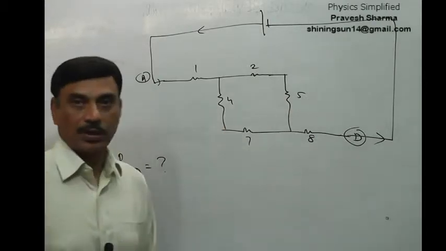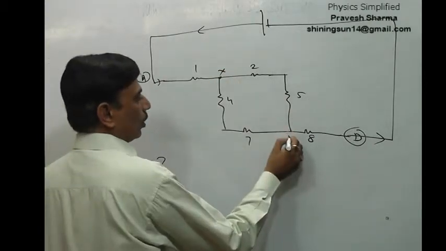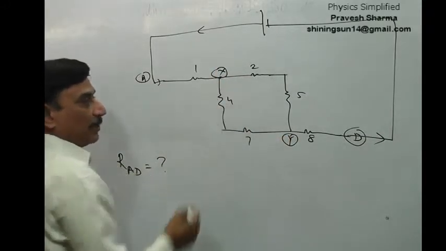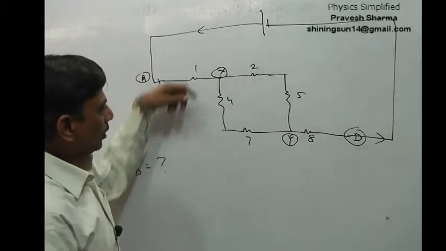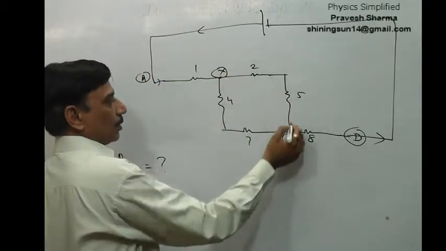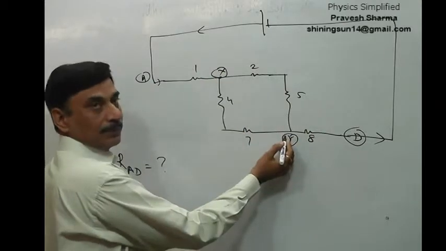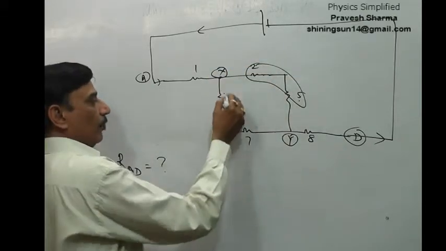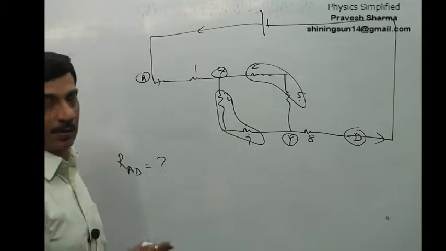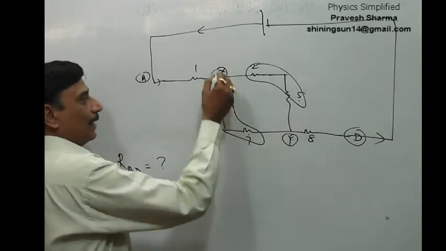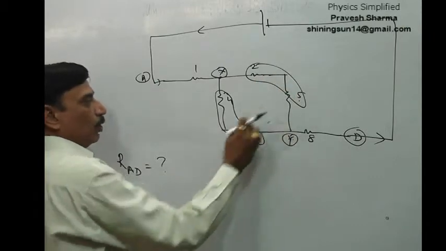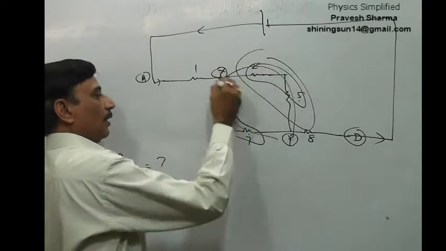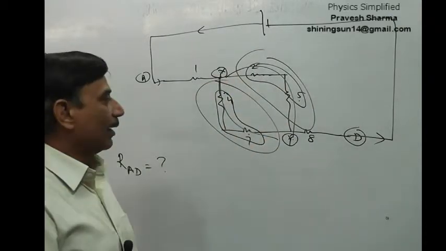Now if I call this point X and this point Y, between X and Y, what are the options? The current gets in, and over here the path splits at X. One is you go via this and reach Y; the other is you go via this and reach Y. Once you set out on this path, 2 and 5 are in series. Similarly, 4 and 7 are in series. Going from X to Y, at X the path splits, and at Y both the paths merge. So you have two options, go via this or go via this. These two options are parallel options.